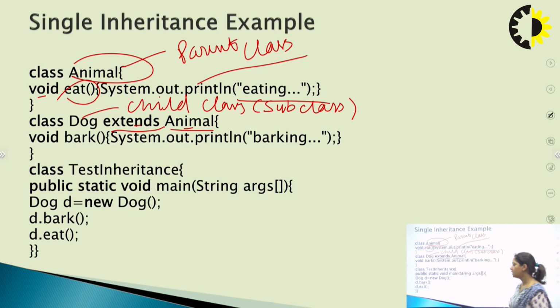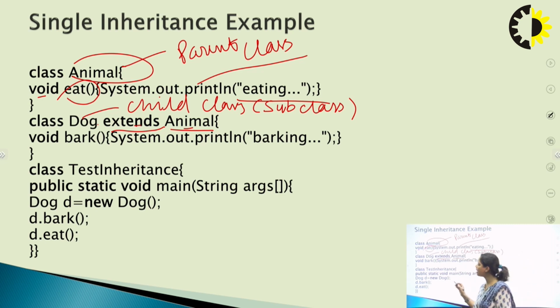Now how is it possible? In this particular program, we are creating an object of the child class, and that object of the Dog class is capable of accessing the Animal class content, which is not possible without inheritance. If you are not using the extends keyword and are directly writing class Dog and class Animal, the object of class Dog is not capable of accessing Animal, and hence we will get an error. But if we use the extends keyword, we make it a child class of the parent class, then that class is capable of accessing, through its object, the methods of its parent class.